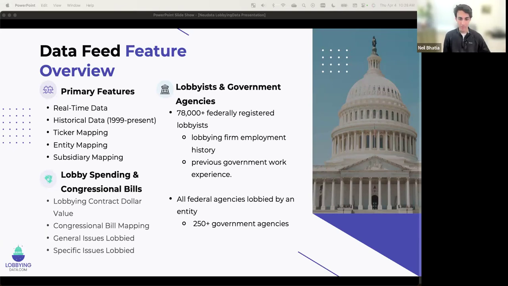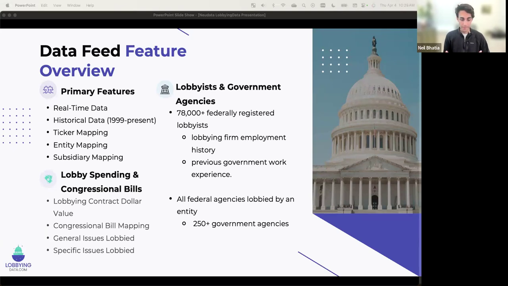Even the one I presented earlier today, I don't trust completely because I think it's just impossible to actually get a real number out of there. But what you can trust is why, and the bills that are being lobbied, and specifically the outcomes of the bill, and that's really where our value is.